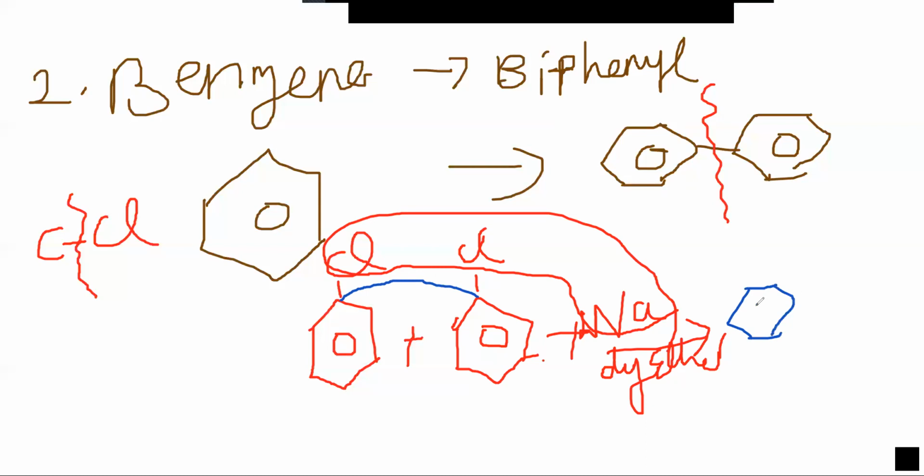Biphenyl is the product. That is 2 benzene rings connected. So biphenyl or diphenyl. You have to work from the backside. When you work from the backside, you are getting chlorobenzene. Two benzene rings you cannot connect straight away. So chlorine is a very good leaving group. The bond is cut, and both the rings get connected.